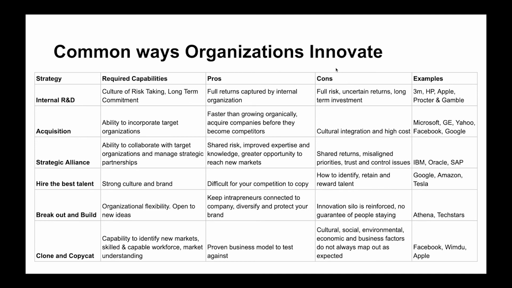So here are some common ways organizations innovate. To innovate, you can create a new business model and improve customer experience, or you can change how you bring about a product or service to the market, or you can create new or more efficient processes. But these methods that we are showing here tend to be a little bit more on the traditional side and are not necessarily what you might call lean. This is why if you go down the right-hand column, you'll see names like Apple, Google, Facebook, Amazon, Tesla, etc.